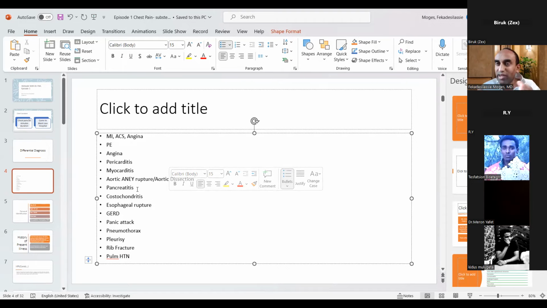Yes, the acuteness and the location of the pain also, right? Substernal chest pain, sudden onset. So it could be aortic dissection, you never know, but there are special characteristics of how patients with aortic dissection or aortic aneurysmal rupture present to you. So the only thing against aortic aneurysmal rupture is what? Based on the presentation, I am the patient, sitting in the emergency department. You are the intern, you came in, and I'm telling you, oh, doc, I came with a chest pain 20 minutes ago, which started 20 minutes ago.